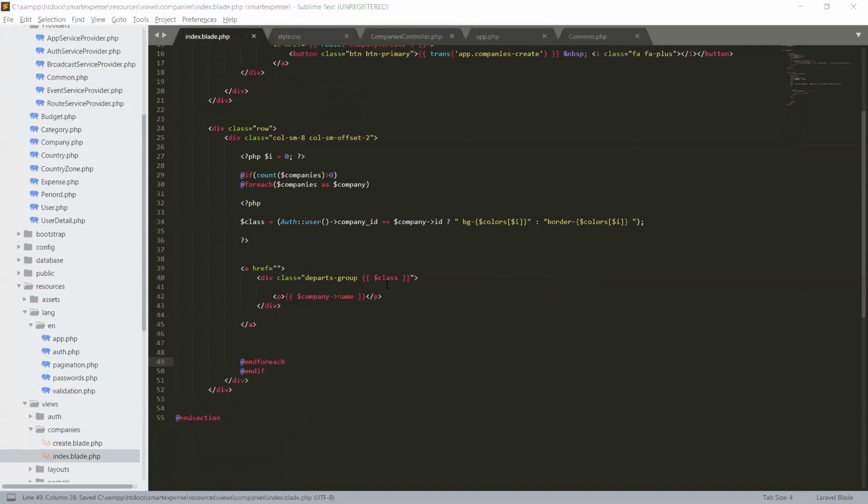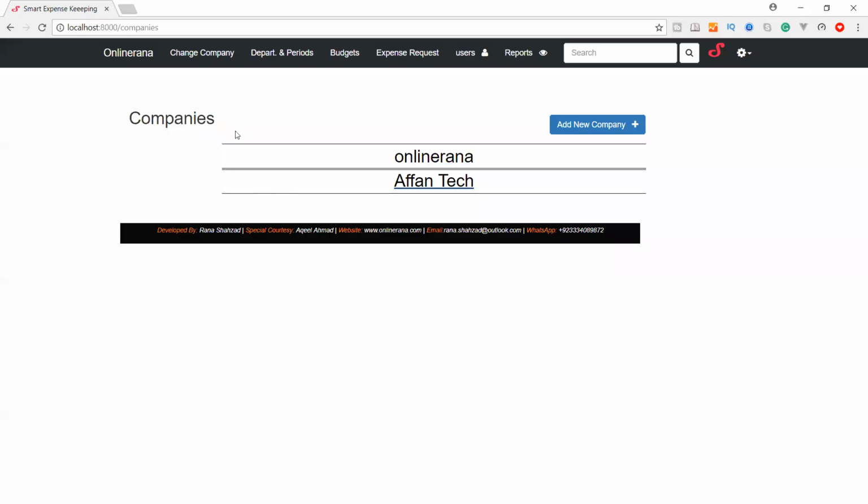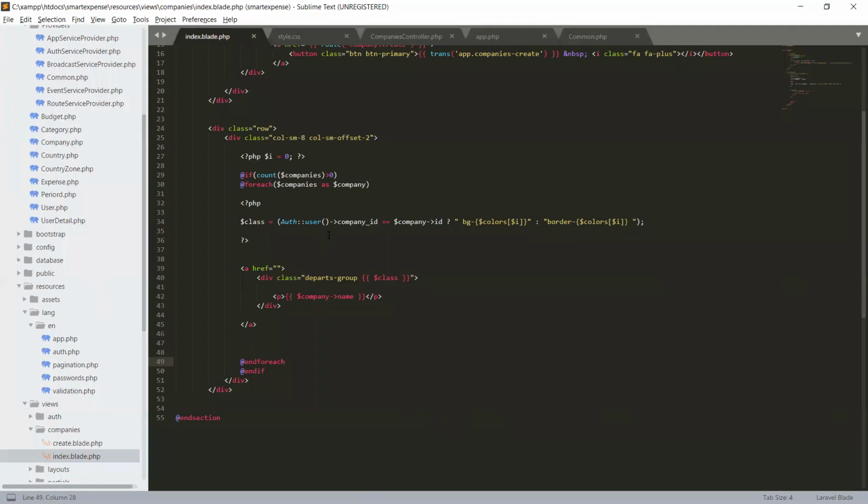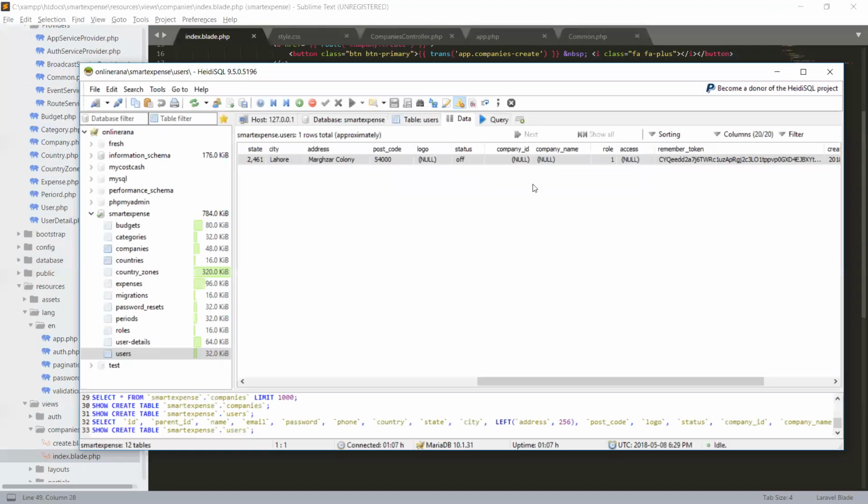Okay, save it, and let's refresh and check our list. So see, we now have a border color below. So why is this one also below and this one is also below? Because there is no company ID in our database.